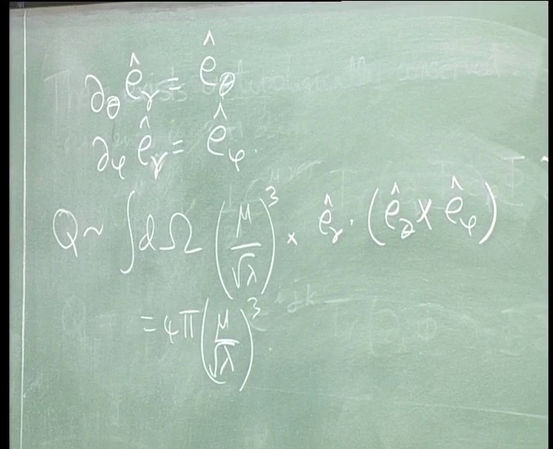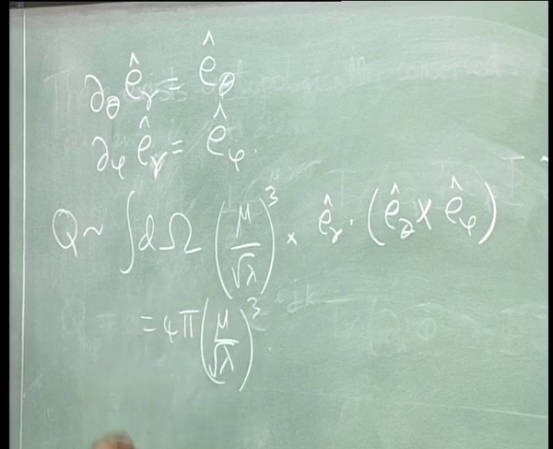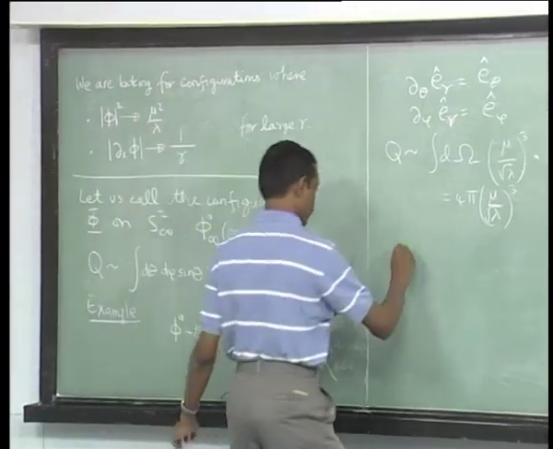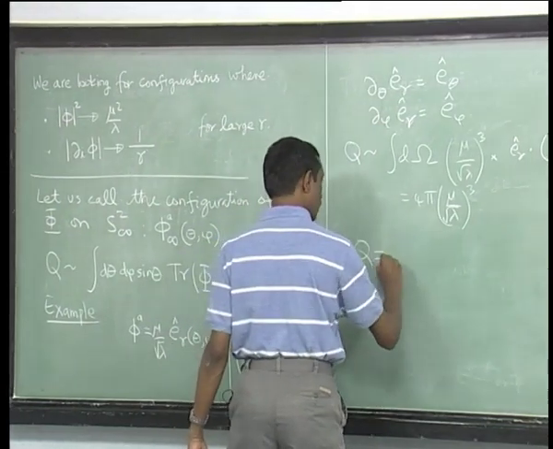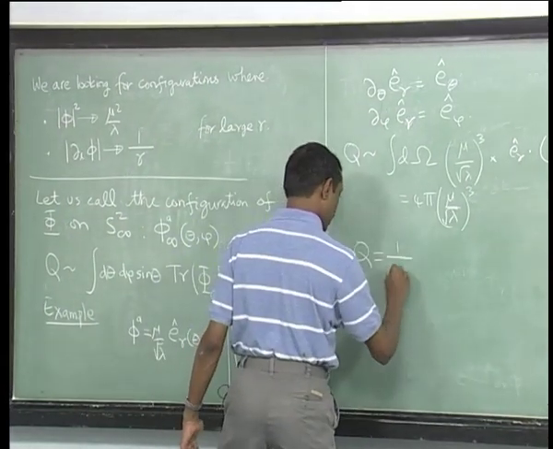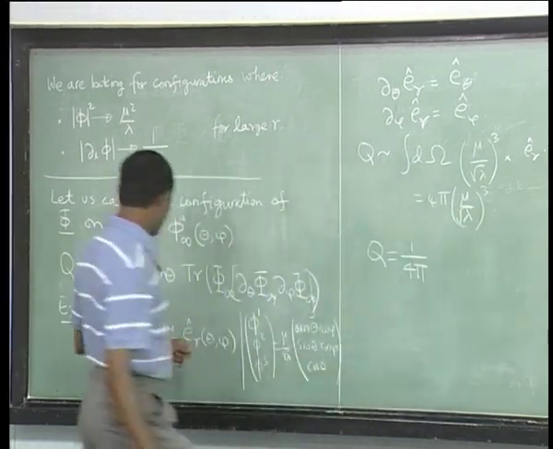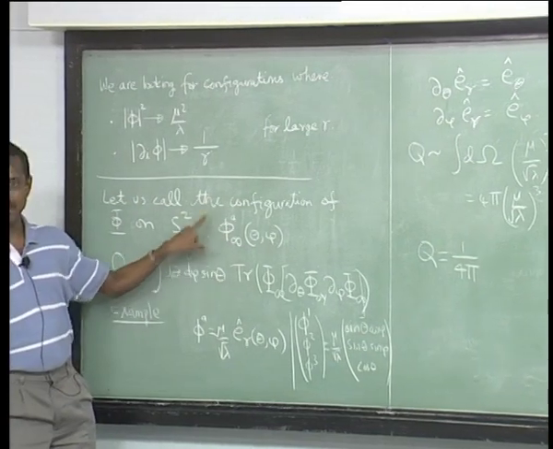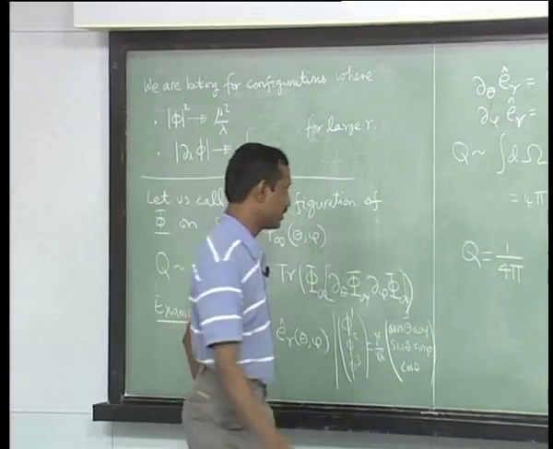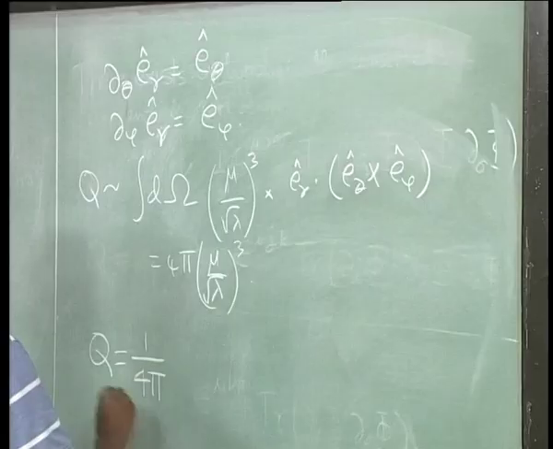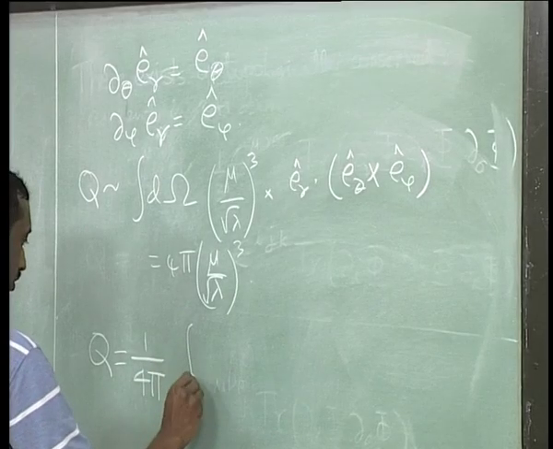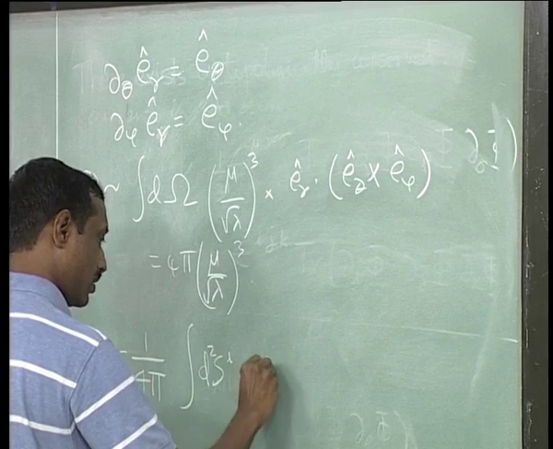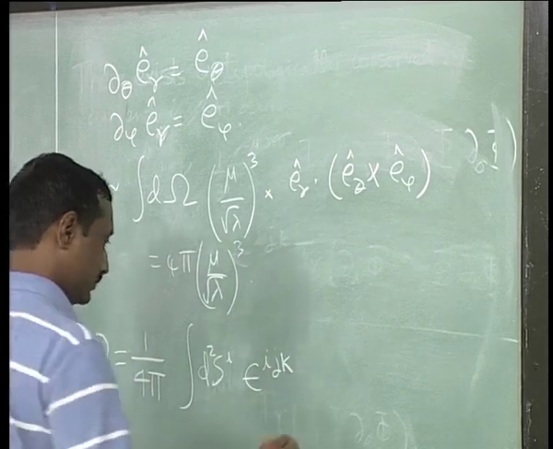Okay, so first thing we want to do is get rid of this factor, and we have to do this thing. So you can see now Q should be, now we can put equal to 1 by 4 pi, and one way of doing this is to replace all these things by unit vectors. If you had just replaced this by the hat version of that, would have been in good shape. Then these will go away, 1 by 4 pi integral d 2 s I epsilon I j k